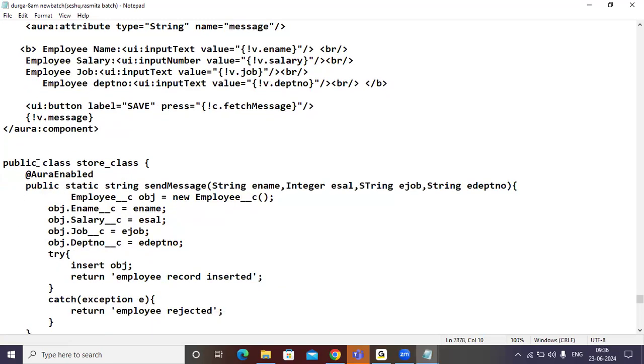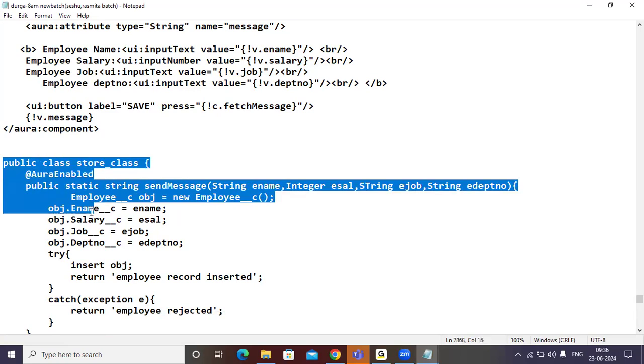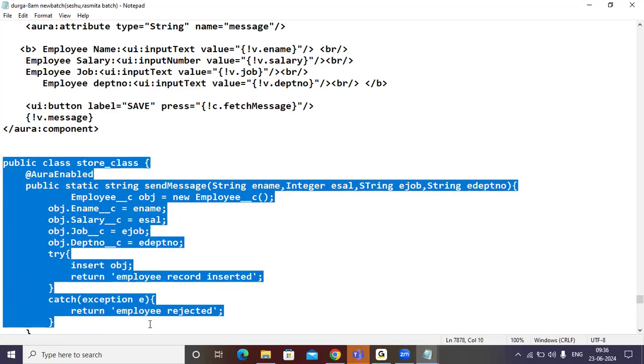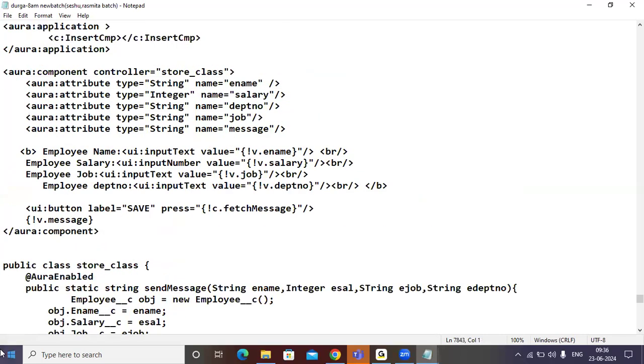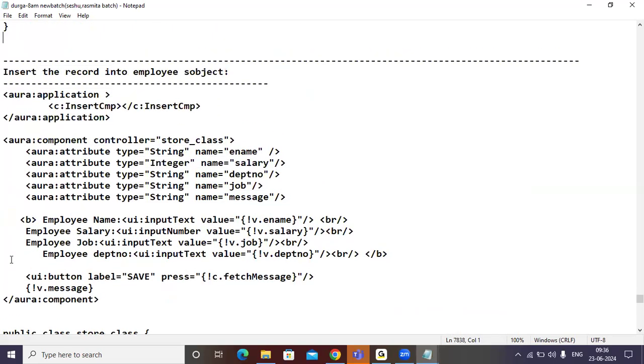And what is this, guys? Public class name. It is an Apex class program or not? Yes, it is an Apex class. This is an Apex class program.